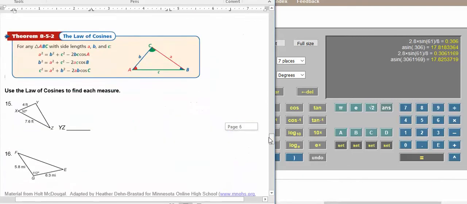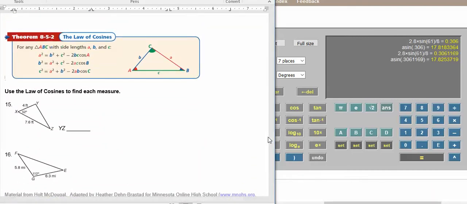All right, let's do one of the cosine ones, law of cosines. So to use the law of cosines, you're going to use one of these equations. It looks kind of like the Pythagorean theorem with this extra stuff after it. So in number 15, to find side YZ, that's this side over here, that would be side X because it's opposite angle X, and this would be side Y because it's opposite angle Y, and this would be side Z. So if I want to find X squared, I'm going to find X, so I want to set it up with X squared equals, now use your other two side lengths squared, so that would be Y squared plus Z squared, minus 2 times